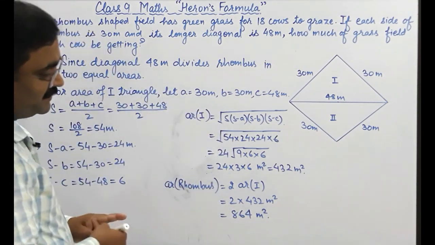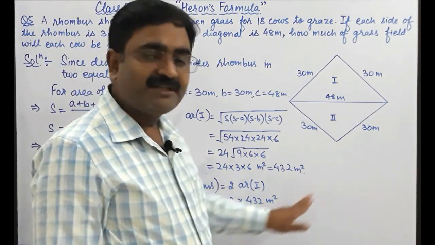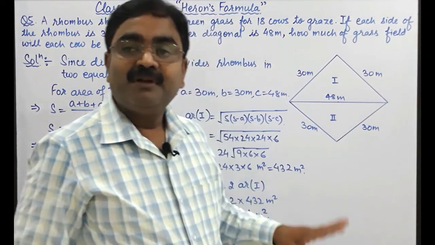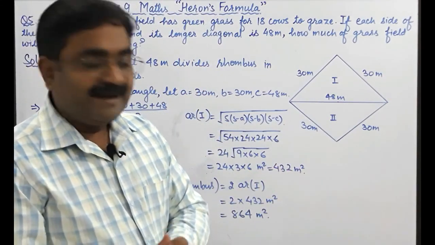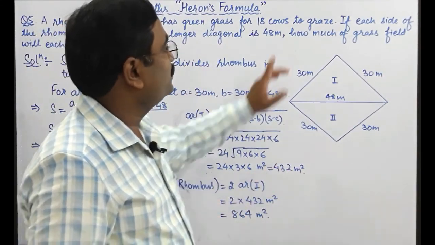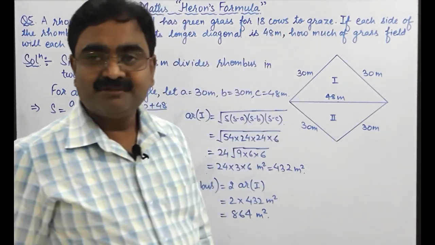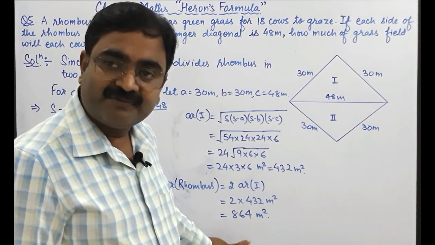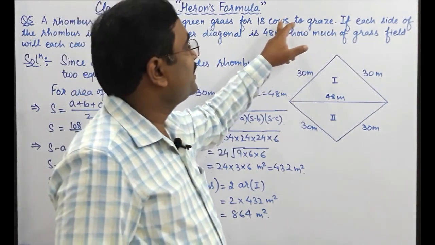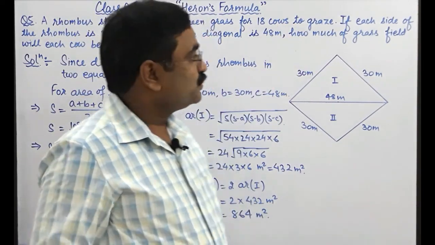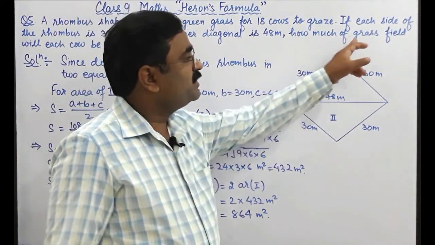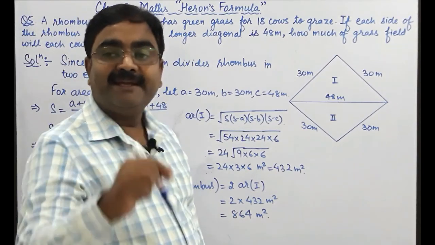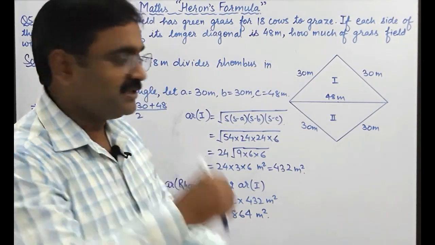So this 864 meters square is the area of the full grass field, and this grass is going to be grazed by 18 cows. This much area of grass is going to be grazed by 18 cows. So the question is asking how much grass of the field each cow will graze. So the area required for each cow is equal to,